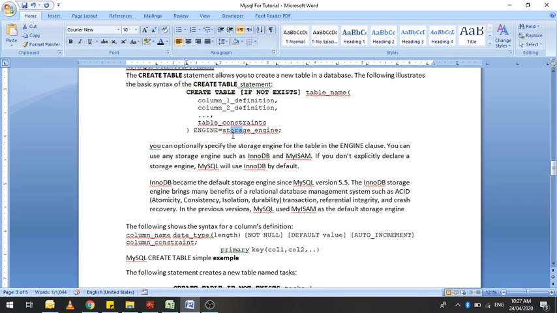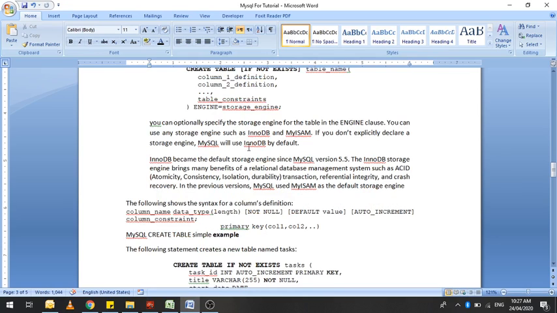A storage engine is a software module that a database management system uses to create, read, update data from the database. That is basically the definition of storage engine.